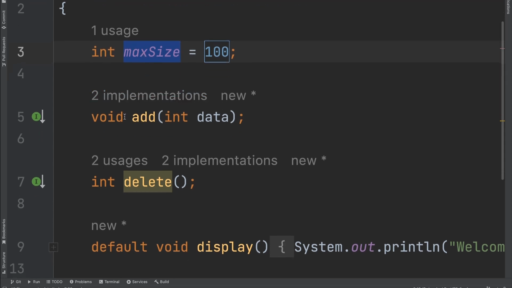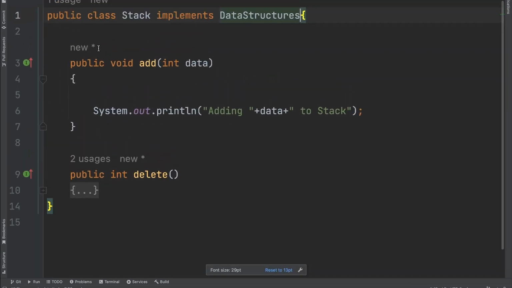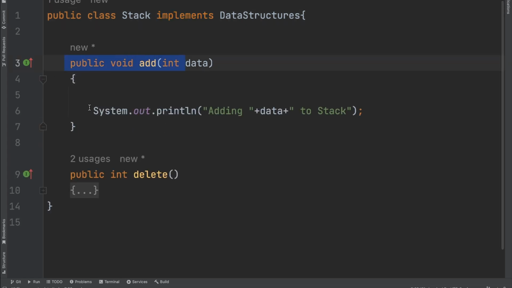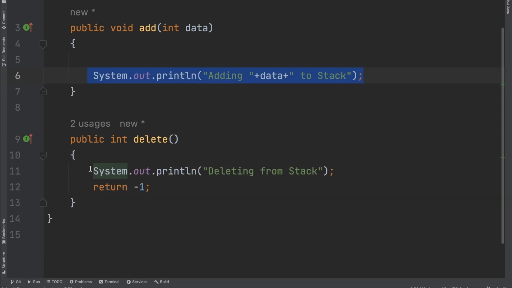All right, so let's talk about this. As you can see, if I go to the implementation, I have two implementations here, stacks and queues. In this case, this is a normal class, Stack implements DataStructure. Because it is implements, I have to write an implementation for both the abstract methods of my interface. So I have a public void add(int data). I've written just a simple print statement, because this is just for the purpose of understanding interface. Here I have simply written deleting from the stack and I returned a value of -1 because it had an integer return type,